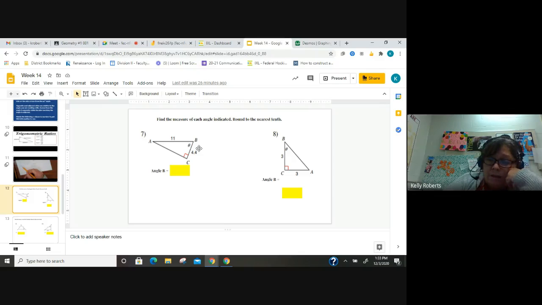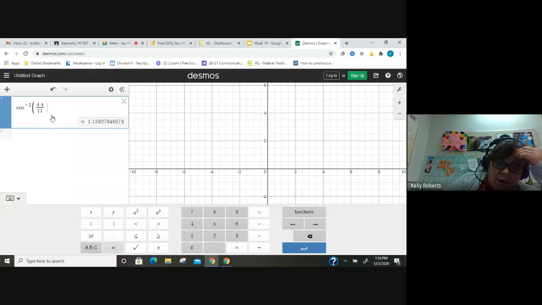Well, that doesn't make any sense. 1.2 degrees would be almost closed. It would be like there was barely any opening in the angle at all. This is 90 degrees, so this can't be far behind 90. So let's take a look. What did I do wrong? Well, that's the cosine inverse, like we're supposed to do. That's adjacent over hypotenuse, like we're supposed to do. So I've checked everything except for,